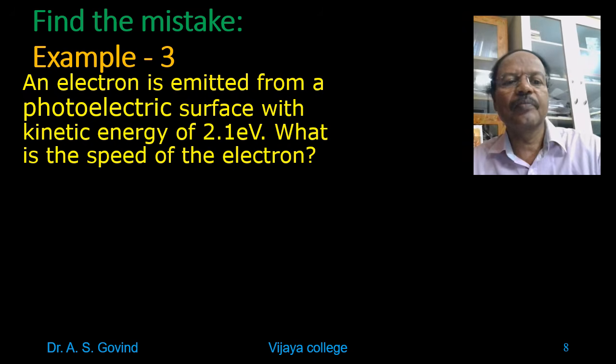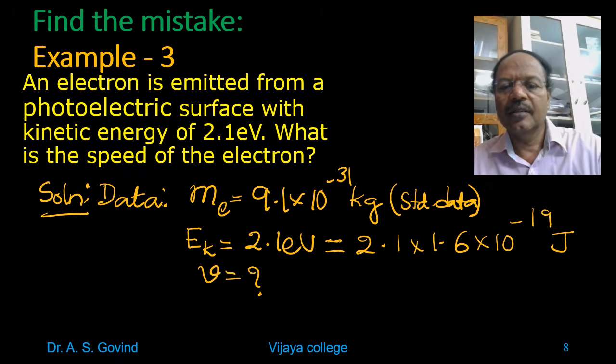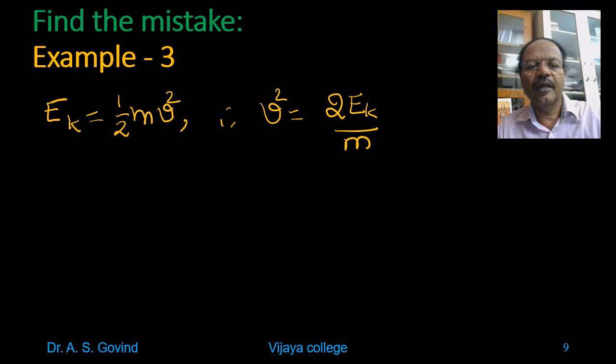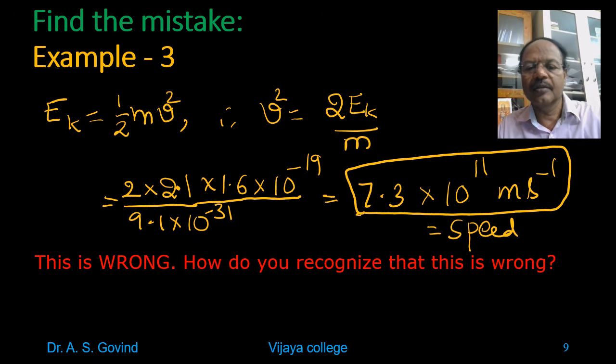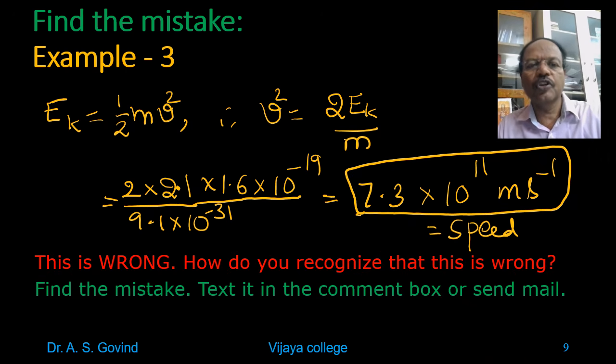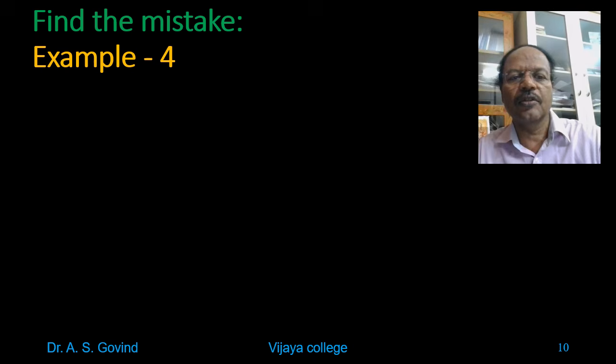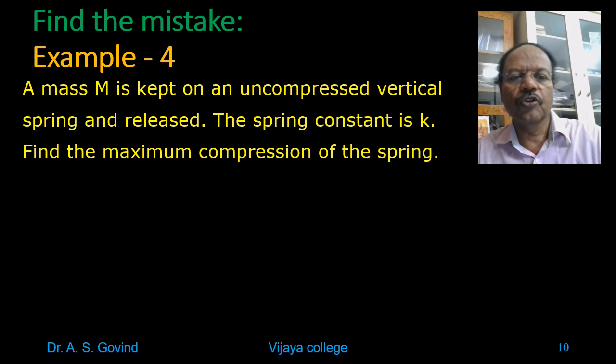Next example, same example done in a different way, same data, and v square, simplify, you will get 7.3 10 power 7. That is the speed. Again, recognize what went wrong. These are the possible mistakes that you may make while solving the problems. Fourth one,